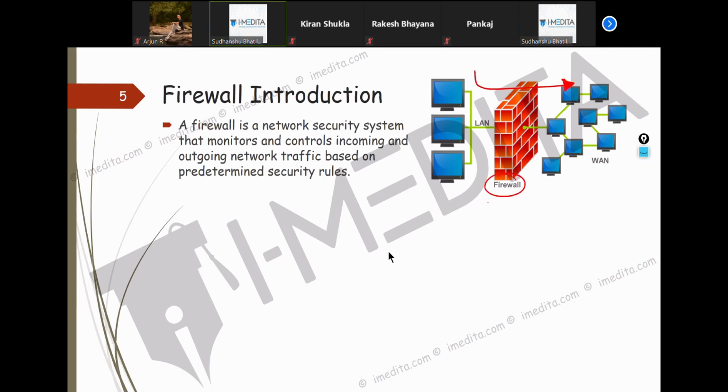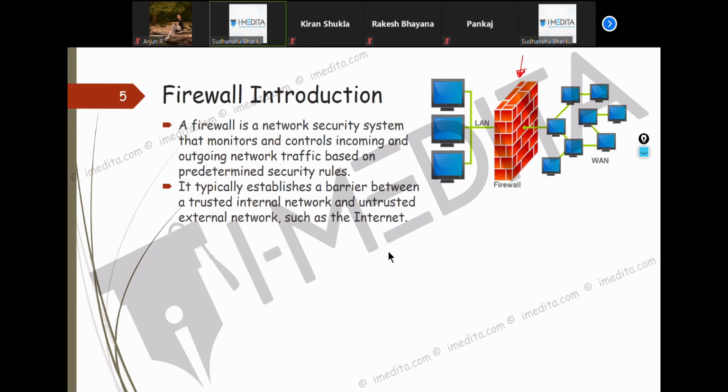Even traditionally, firewall was not a word for network people. Initially it was for people who make homes. A firewall used to be the wall of a room which had no windows or doors. Similar to that, in networks we consider a firewall as blocking everything by default until you allow something by creating a security rule. Typically it sits on the edge of the network.